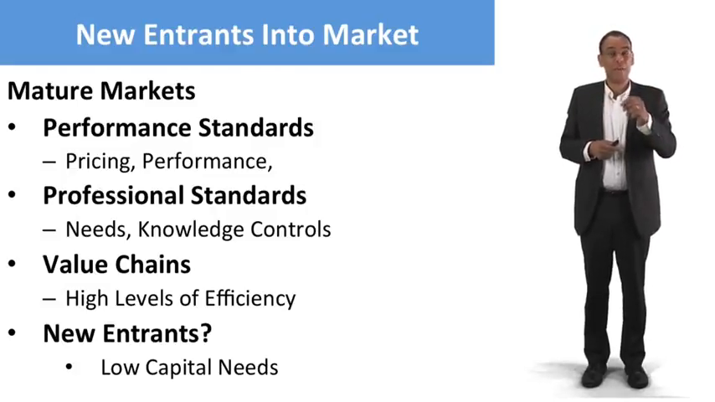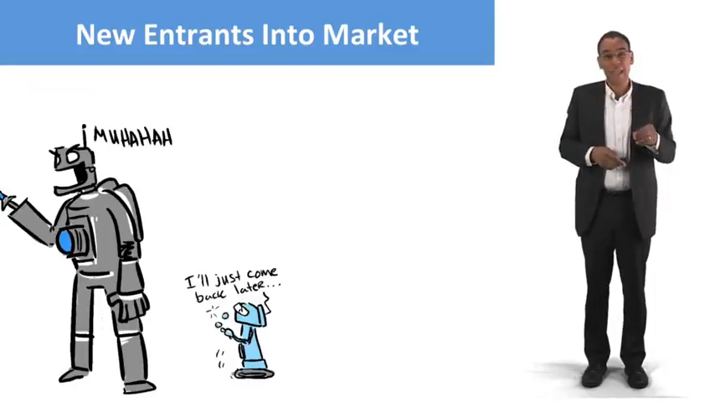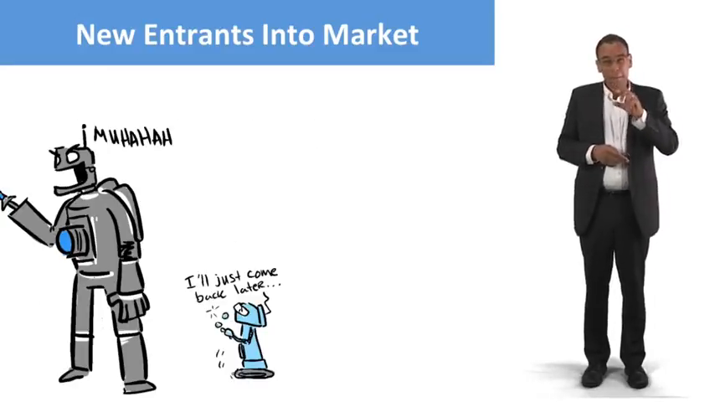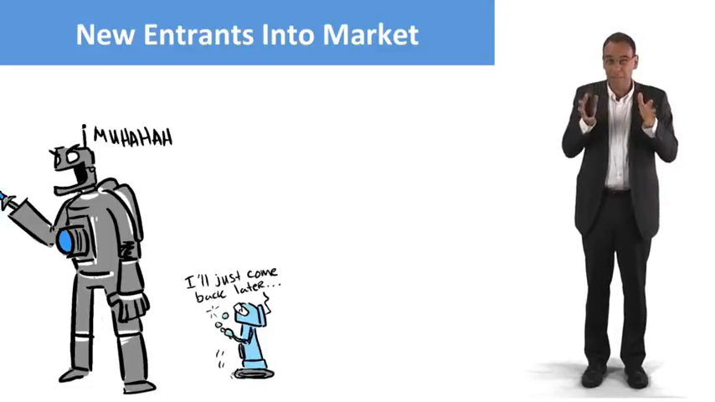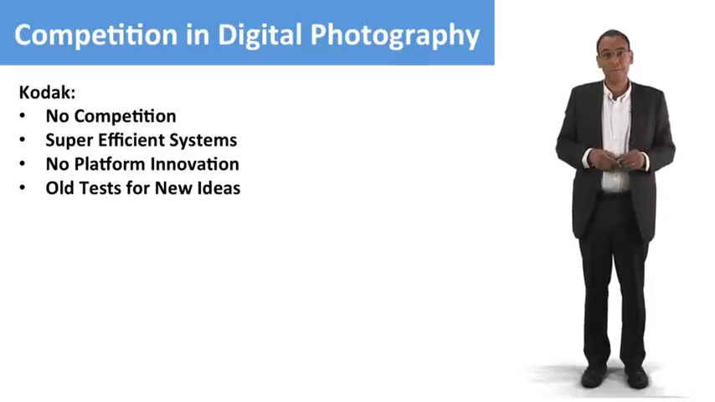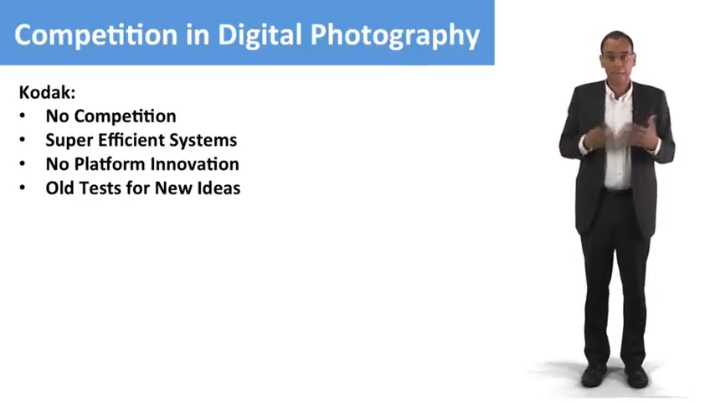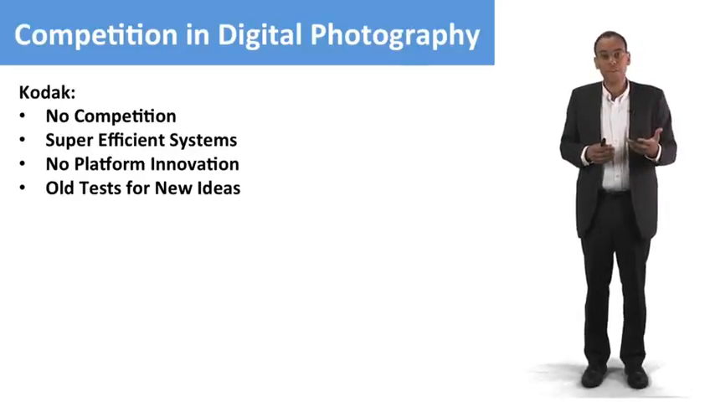So you're not going to do that. What you're going to do is come in a way that allows you to have very low capital needs. You're going to come in from the bottom. You're going to come in a slow way. And that's going to be the pattern of disruptive technology that we're going to talk about a little bit later, but for now, let's just think about this as a competition issue. So for Kodak, they really had no competition. They had these super efficient systems,